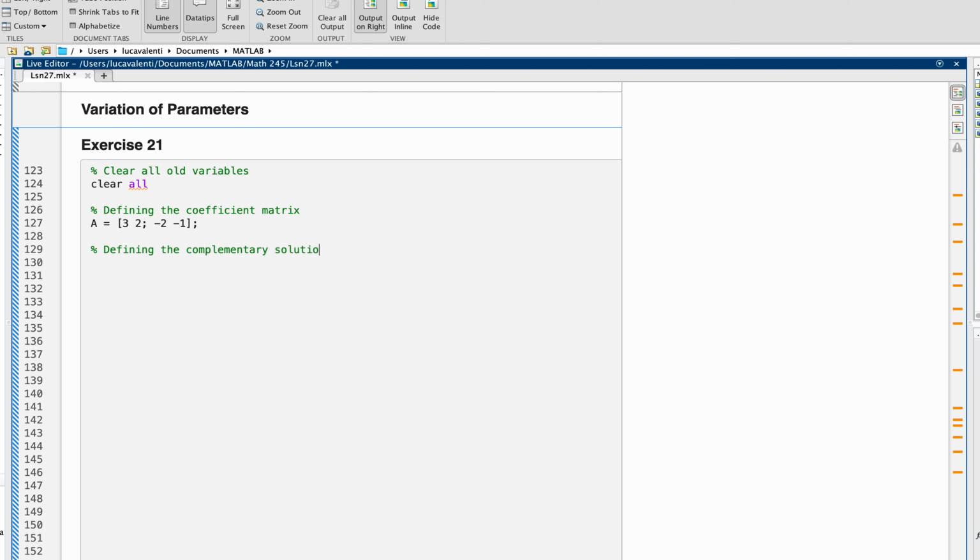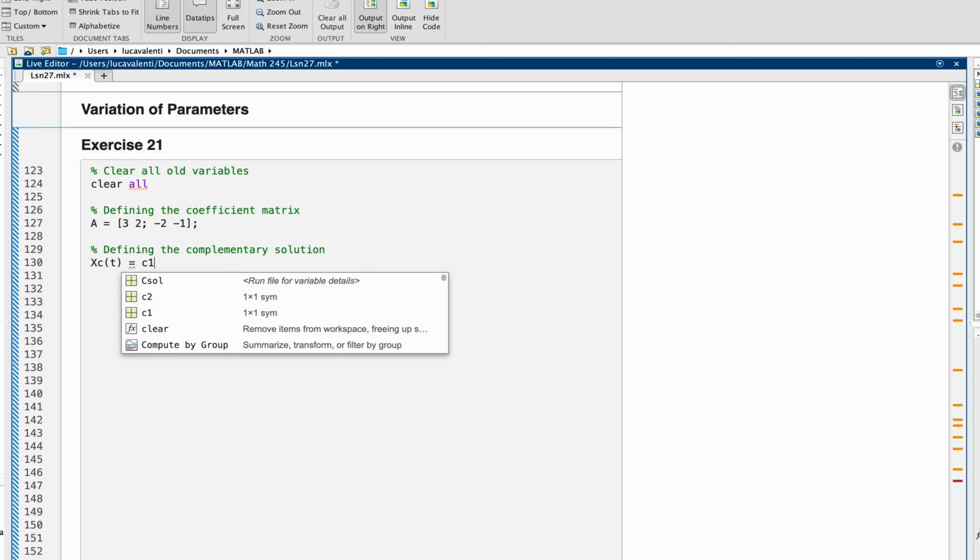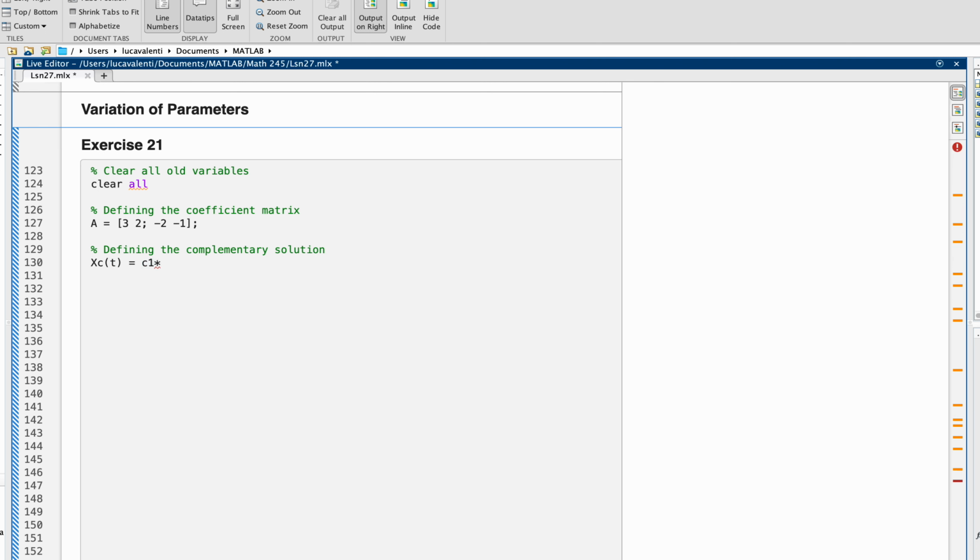And then I'm going to define the complementary solution. So that's, I'm going to call it xc of t, and that's going to be equal to c1 multiplied by 1 -1 times e to the t,